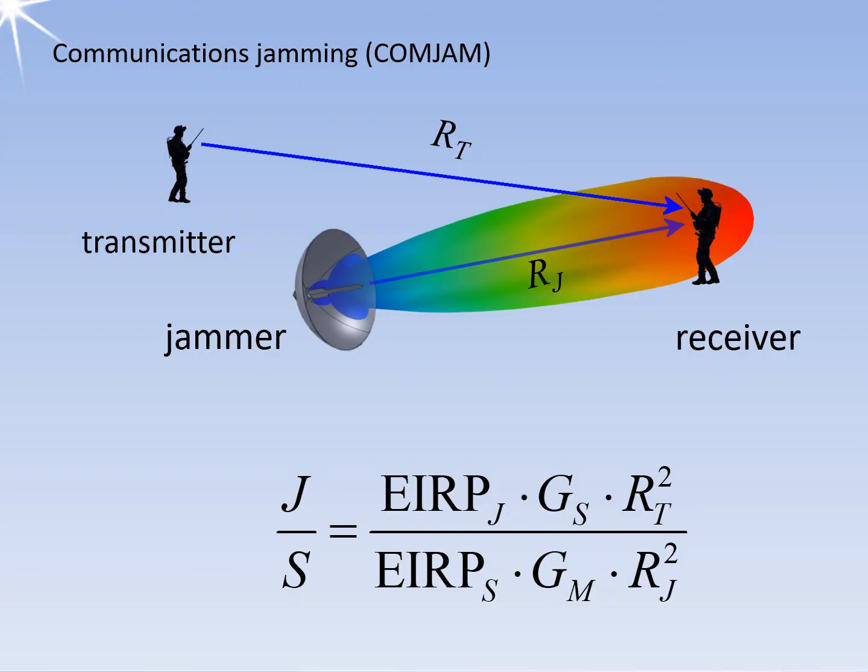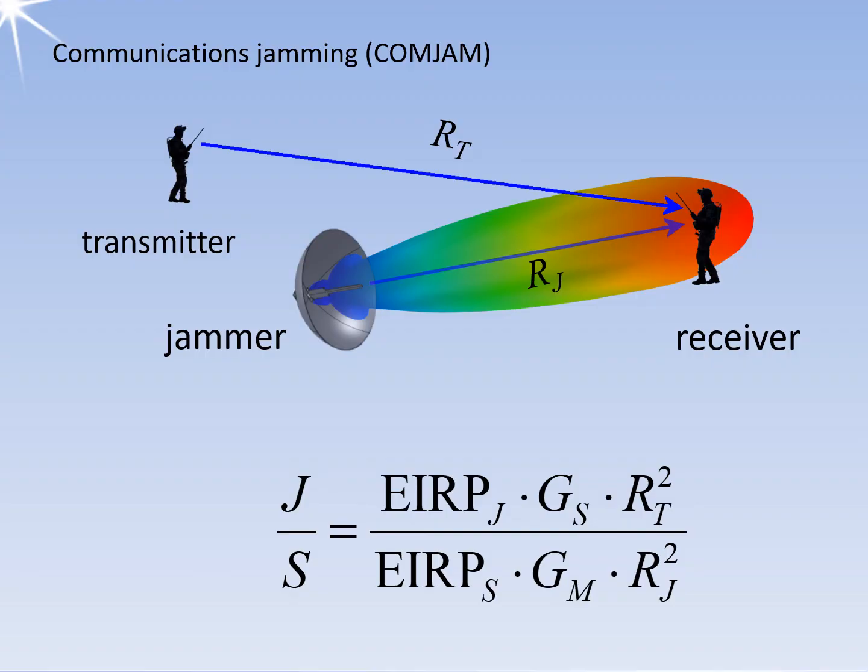The jammer also transmits enough power into the receiver's antenna to overcome the disadvantage of the antenna's side lobe gain, if the receiving antenna has a narrow beam and is pointed at the transmitter. This interference is received and output to the receiver's operator or processor with enough power to reduce the quality of the desired information to an unusable level.